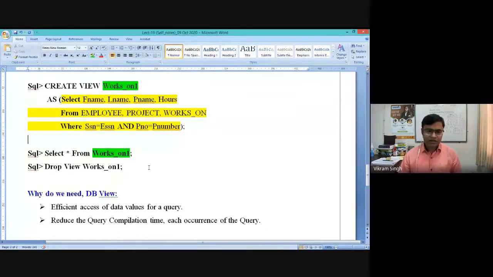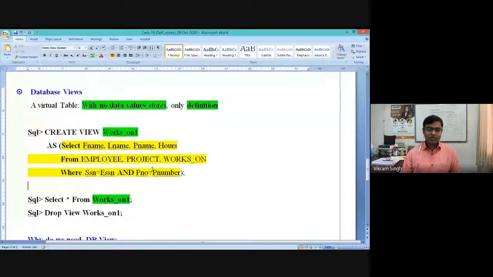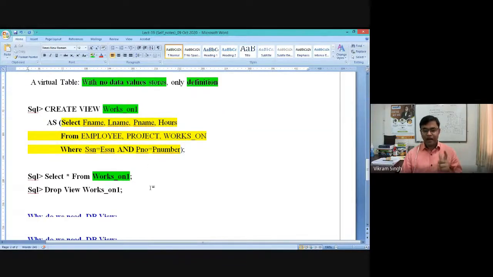So this is something related to views. It is not a very heavy concept. It is a simple concept. That's what we have discussed: what is the need. The first question should be clear to you, why do we need a view. That's one part. Second, how it is created, and if someone asks you to modify it, how to modify it? You cannot modify it, so you simply need to create another view, right?